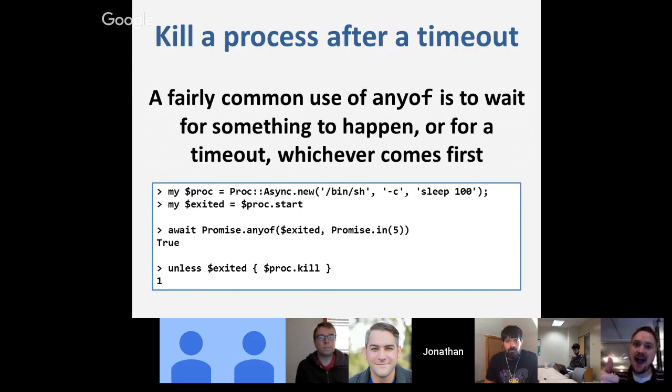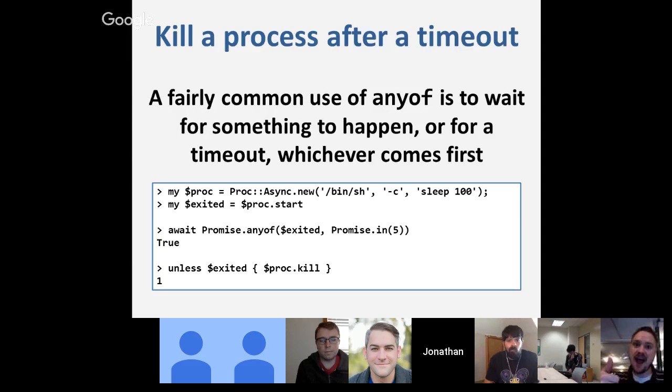Anyof is extremely useful for doing timeout style things. So this promise.in method that you see on the 3rd line there is a way of getting a promise that will be kept after 5 seconds. So this one can only ever be kept, but it's a way of dealing with time. So if I say await promise anyof, and then I take the exited promise that I got back from starting the process, and I wait for any of that or 5 seconds to have elapsed, well, whichever one comes first, we'll get back